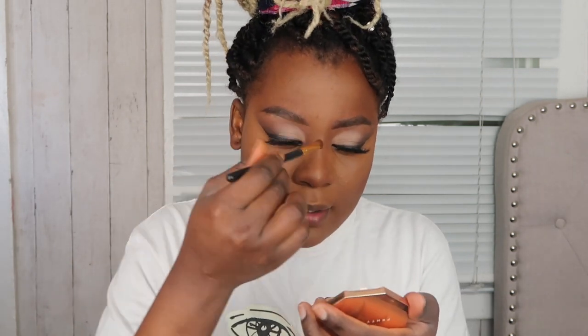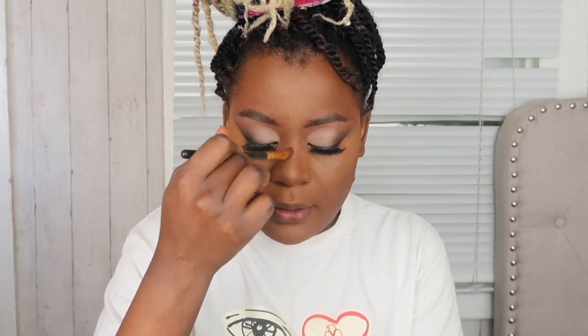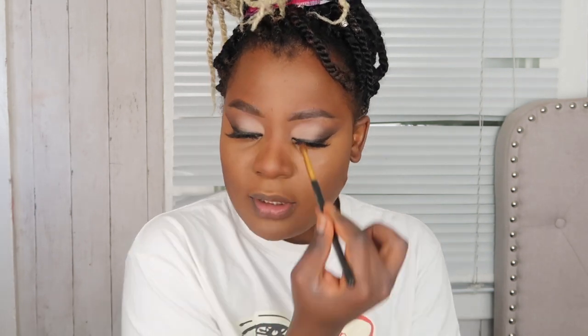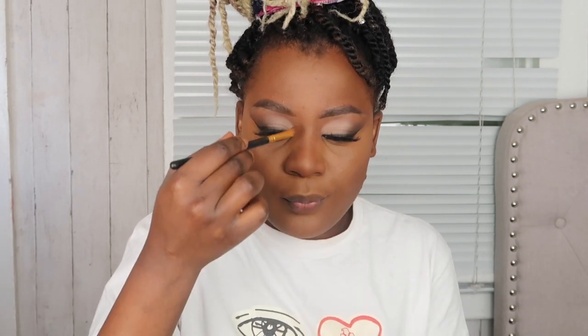Honestly, I never thought that contouring my nose would make a difference, but I've been looking at my pictures and I realized it does make a difference. I can see a difference in my nose contour. So